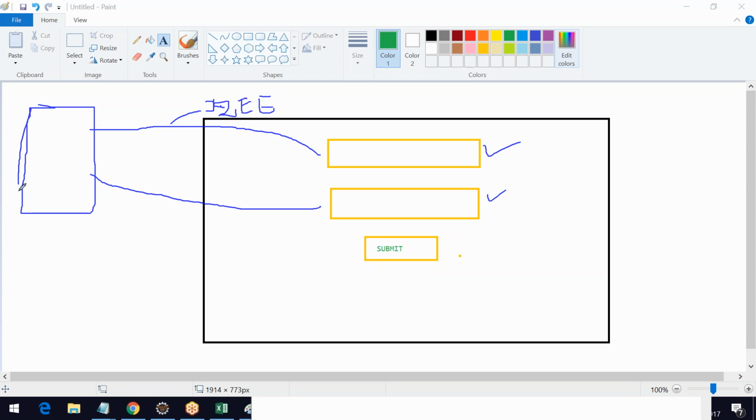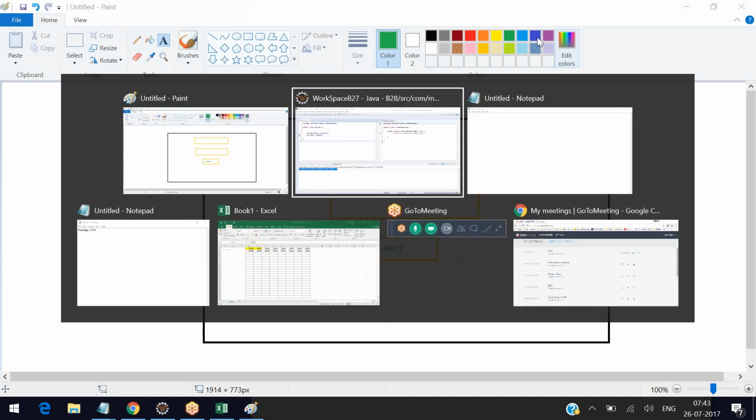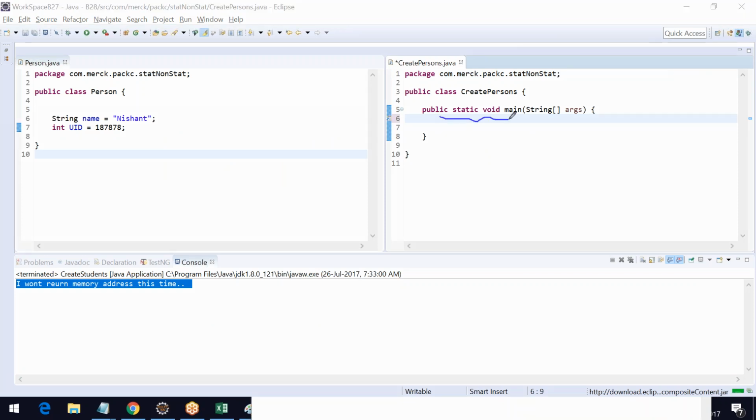But behind the scenes, when this information reaches the server, what exactly they do is what I will be showing you guys. What they do is very simple. They will say something like this. Say that information comes here in this particular method, they will simply do